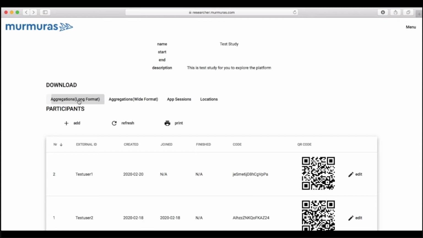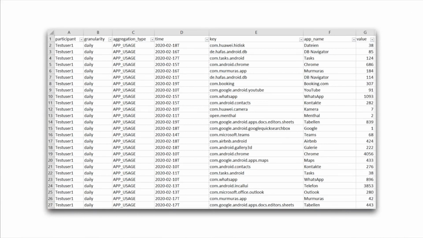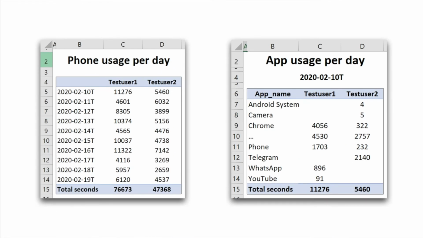Download your participants' data in CSV format and analyze it in your favorite software, such as SPSS, R, or Excel. You can analyze parameters like app usage in seconds by participant. Other forms of data you can analyze include phone usage by day and app usage by day,